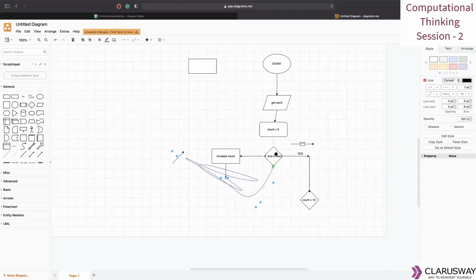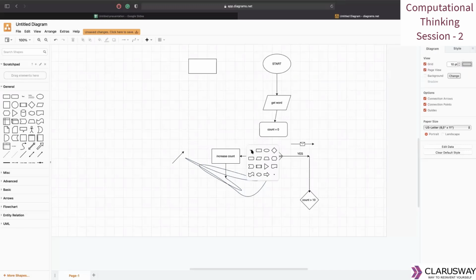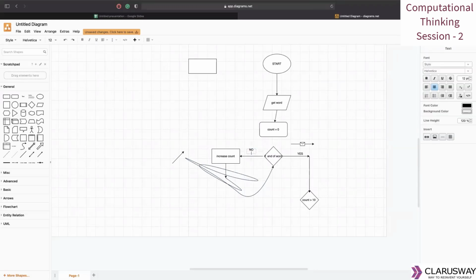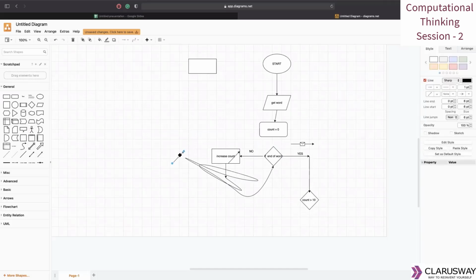So if I'm at the end of the word, I check if count is greater than 10 or not. If I'm not at the end of word, so let's say no in here, I increase count. And up until I am at the end of the word, I increase count. And as soon as it is yes, what I do is I check